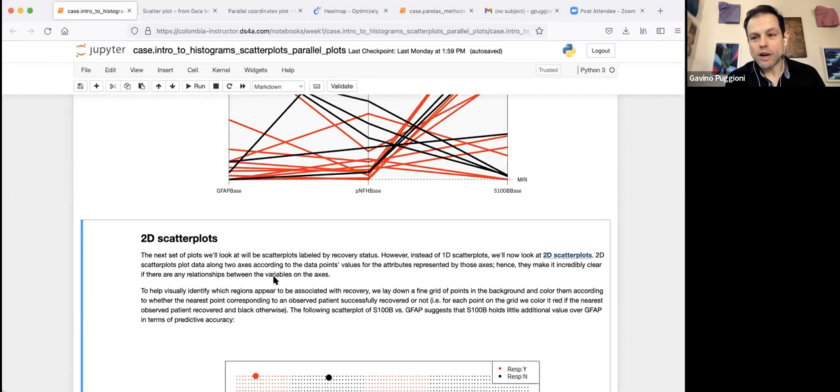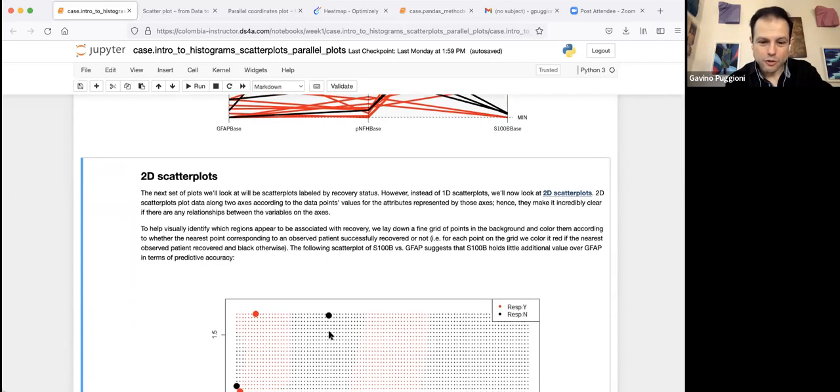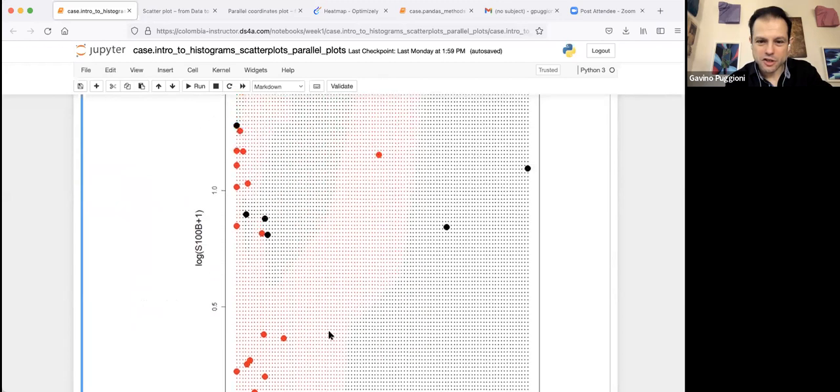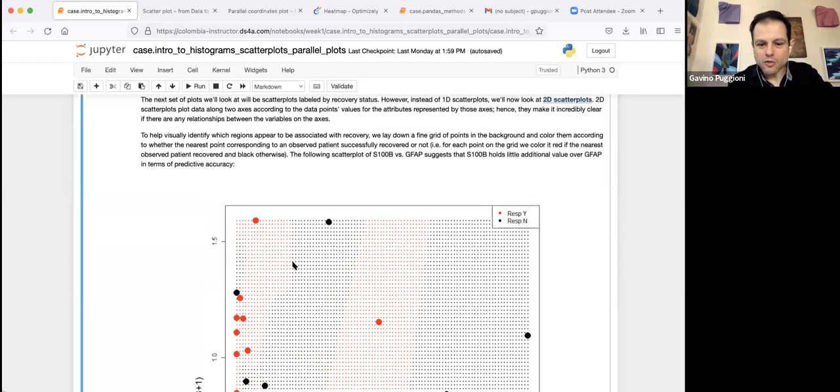So wherever there is, let's say, a black dot, it means that that patient did not recover, and we are going to add little black dots nearby, because we are assuming that for this combination of, let's say, these two biomarkers, since we have three biomarkers, we cannot put them all in a two-dimensional scatter plot. So, just by using the nearest neighbor principle, we are going to say, okay,